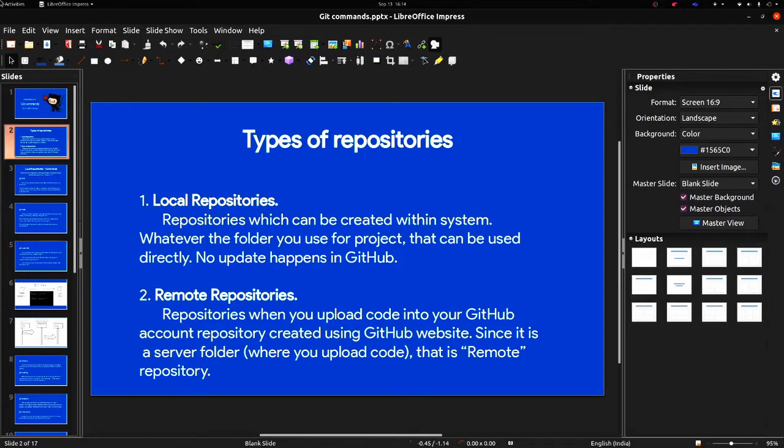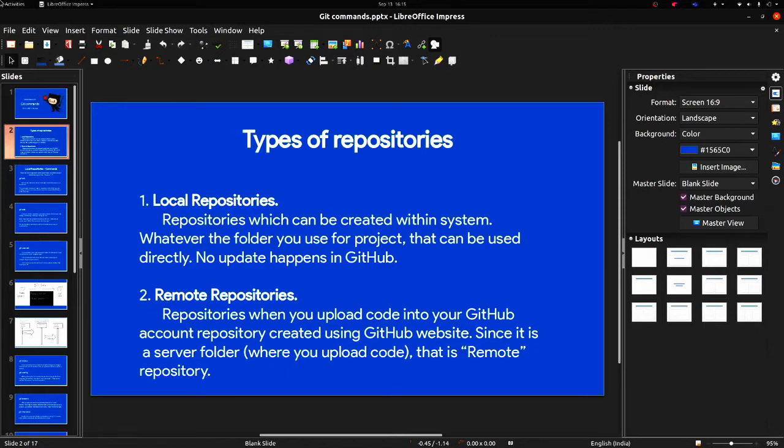Repository is nothing but a location where you can keep track of all the files which you are keeping. So simply you have a folder, just like in your computer, or it could be on a server. That place acts as a register where you have access to see whatever changes you are making, update them, and track all the files which are being modified. Then that is called a repository.